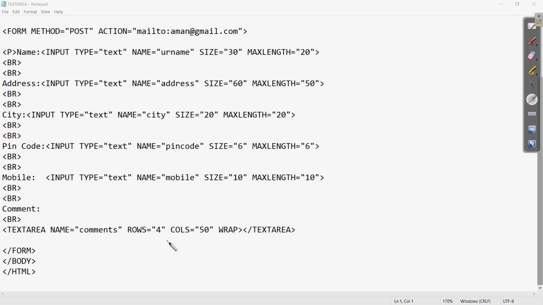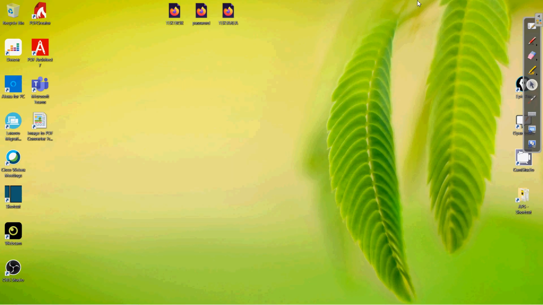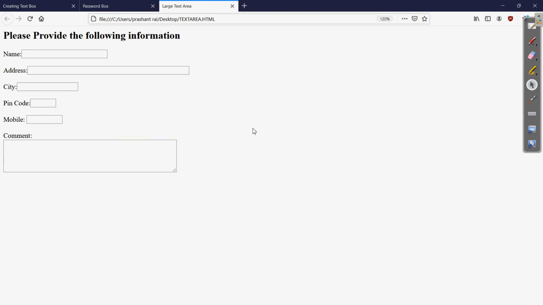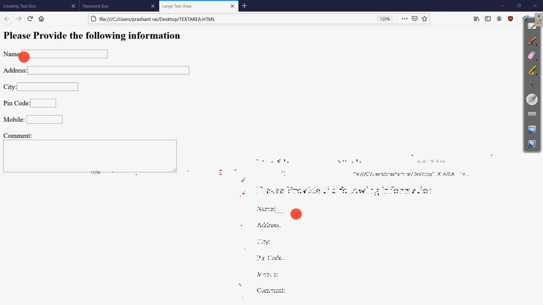Okay, now save this and see the output. If I come again to the page, here is the text area. You can see the output: whatever information we have written is appearing here.